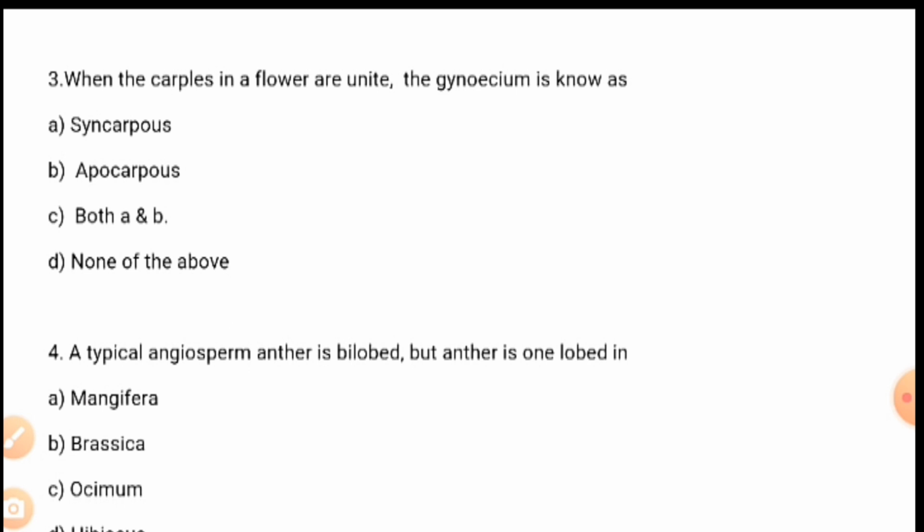In a flower, the carpels may be united or may be free. If they are united, then they are termed as syncarpous. So your correct answer is